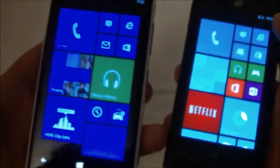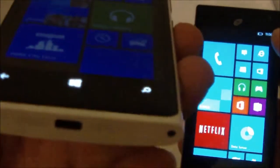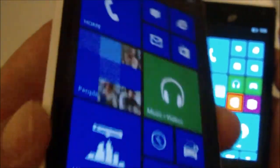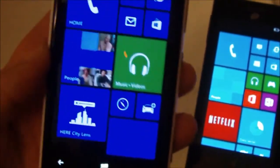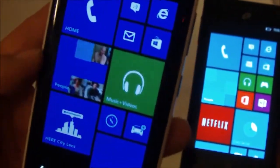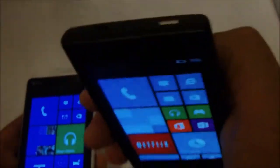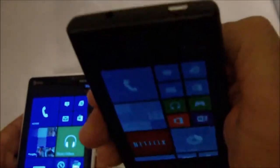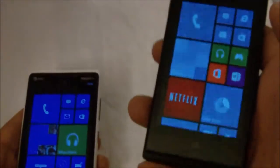Now there is a fairly big price difference between both of these. The Nokia is $320. You can find a used one on eBay for around $300, $320. A new one will run you more than that, like $350, all the way up to maybe $400. The Huawei you can get directly from Straight Talk for $229, so not a bad deal at all,